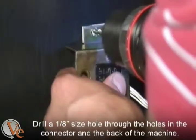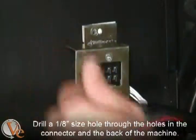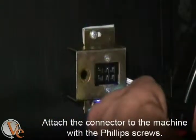While carefully holding the bracket, drill a 1/8 inch size hole through the existing holes in the bracket and the back of the machine. Take the removed Phillips screws from earlier and use them to securely attach the connector to the back of the